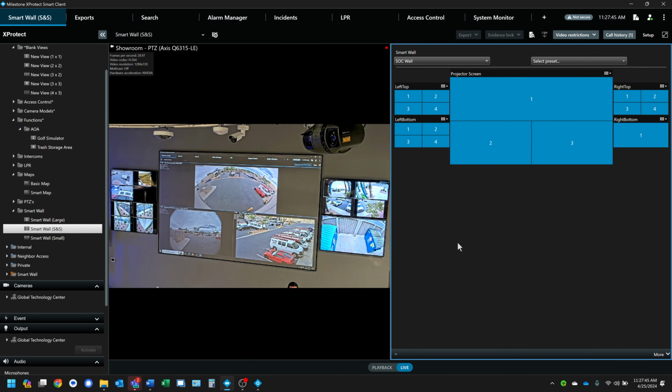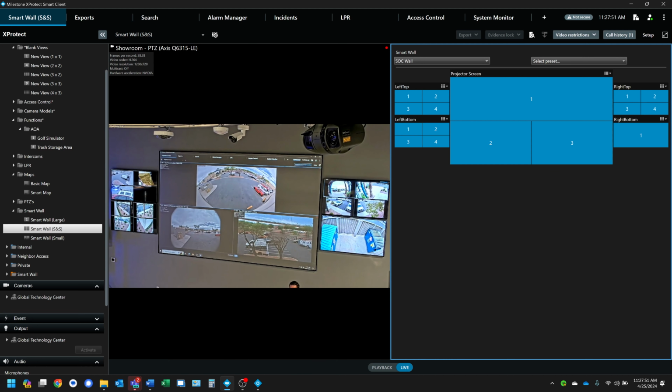The 4 TVs are being run by 1 computer, and the projector is being run by a 2nd computer. There is no mouse and keyboard attached to those 2 computers. These computers are in my IDF closet. They're locked away in a rack. Okay? Smart Wall is intended for the use case of where, just like this, I've got some displays up on